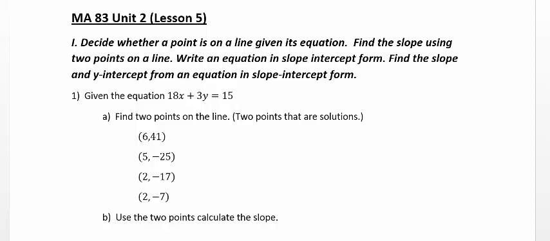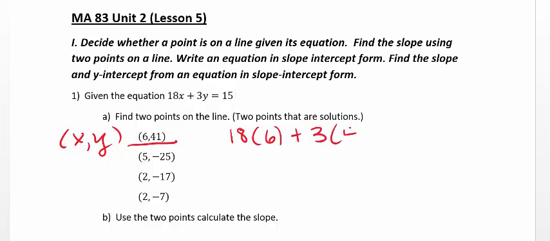So, given the equation 18x plus 3y equals 15, we want to find 2 points that are on the line. And that means which 2 points are solutions. So we have 4 points that are given, and we're just going to find which ones are on the line. And we do that by substituting in our values for x and y. So each one of these points is in x, comma, y format. And so we're going to plug in 6 for x and then 41 for y and see if this is